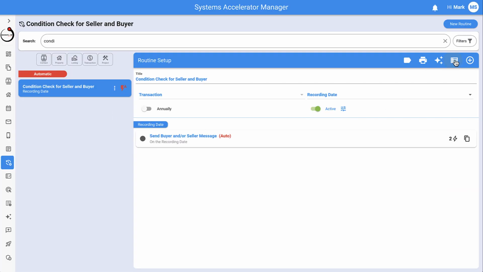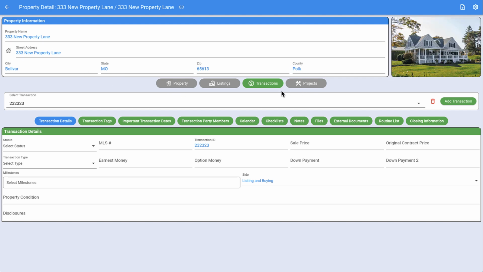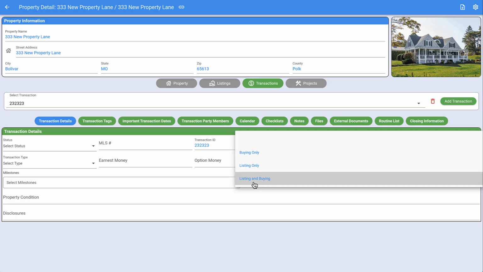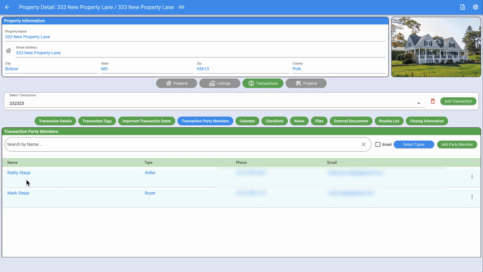It's going to go and send the message based off of the value that's in that particular field. So if I come up here, and I'm just going to click on this one, I believe I have one already identified. Yeah, there we go. Let me go to this one. This is just a sample transaction, and if we look right here on the side, so if I'm representing both sides, both the listing side and the buying side, then whoever is in my party members, in this case, Kathy is the seller and I am the buyer, then I will get the buyer message,